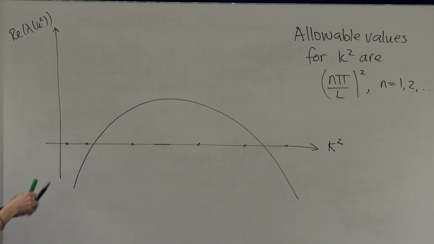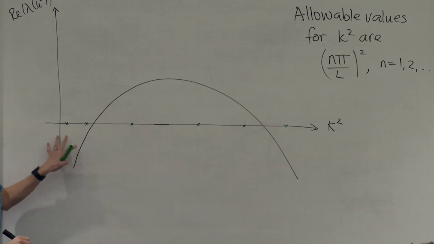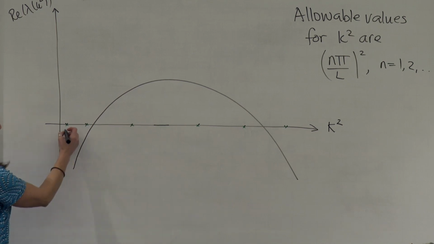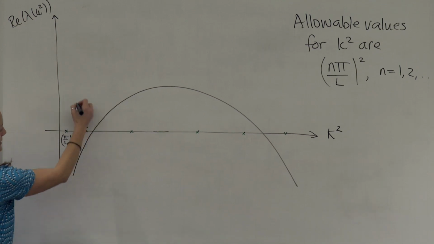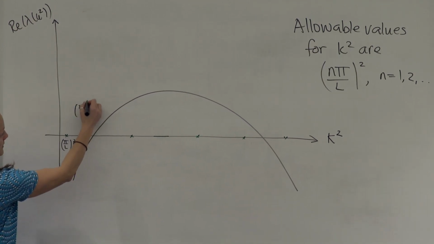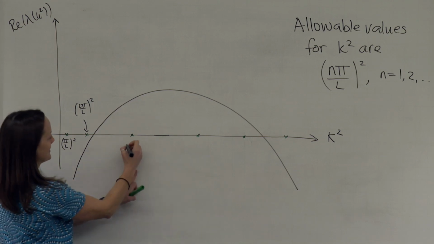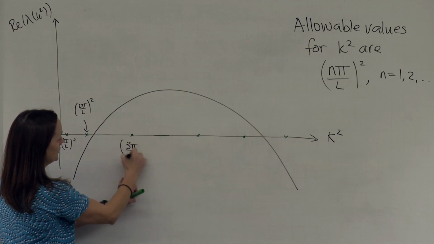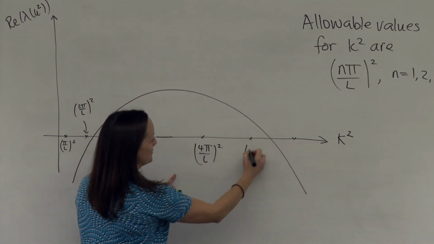I'm probably going to redraw this plot lots of times. So this might be (pi on L) squared, and then I guess this one is going to be (2 pi on L) squared, etc., along the axis. In the way in which I've drawn it, let's say this one's (3 pi on L) all squared, (4 pi on L) all squared. Imagine I've put them all in,